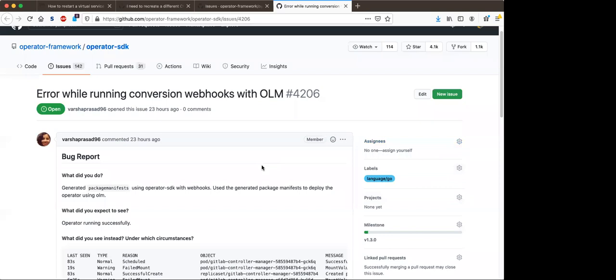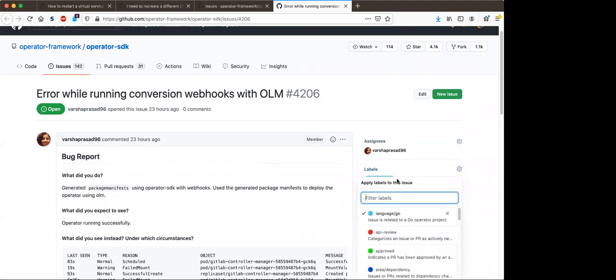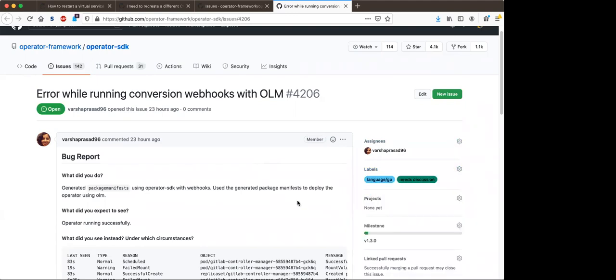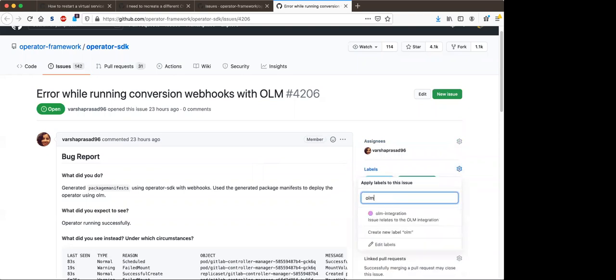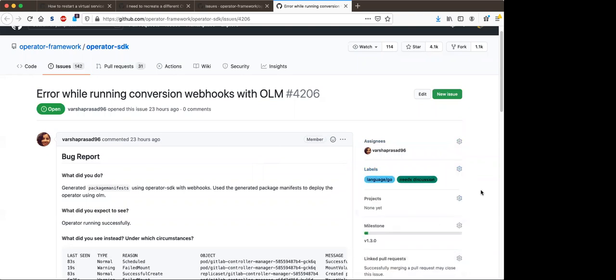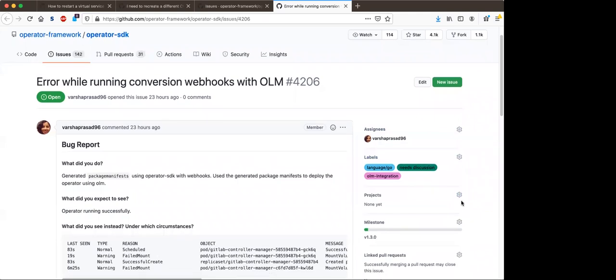Also, Varsha, do you think this merits a kind of joint SDK OLM discussion? Yes, this could be. I'll start a discussion in Slack regarding this so that we have more idea. That would be fine if we think we should definitely do it in our Operator SDK dev or OLM dev channel. Yeah.